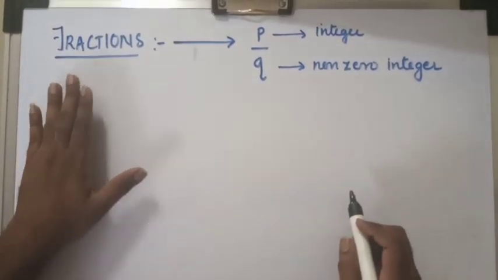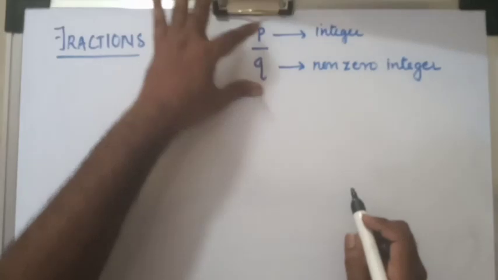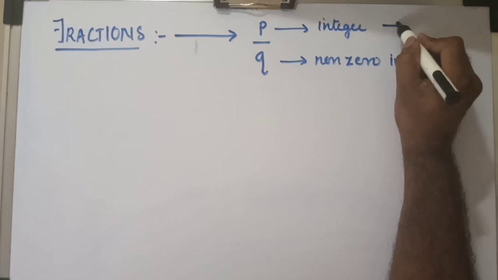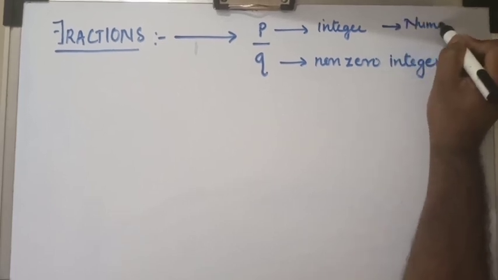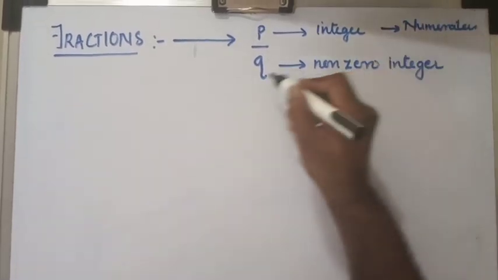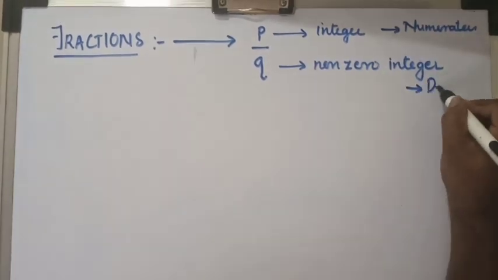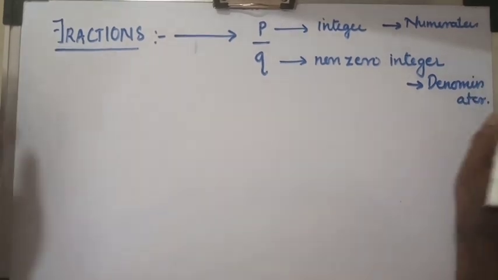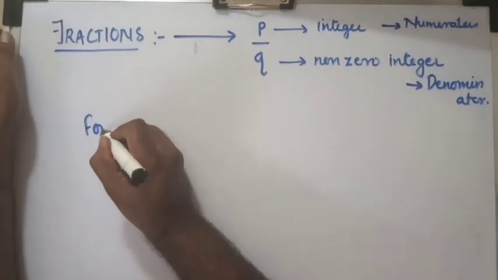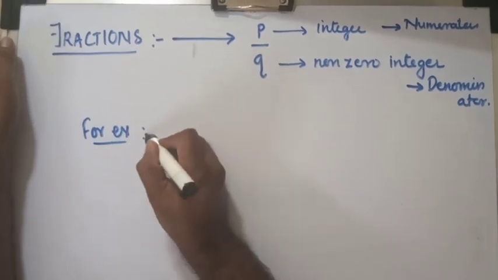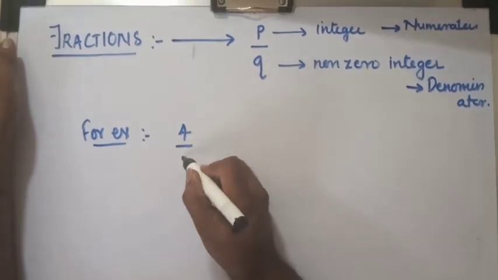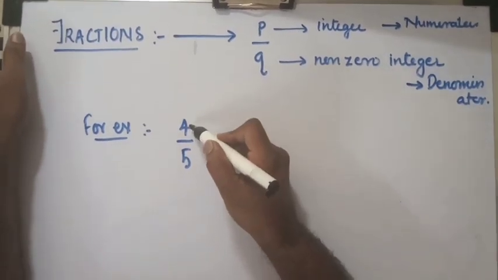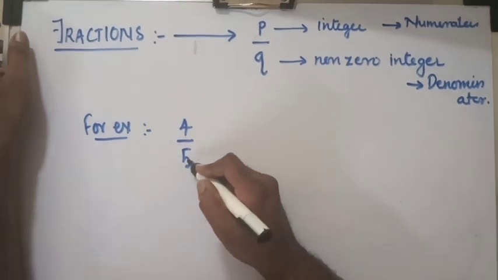So a fraction is any number which is in this form P by Q, where the number P is called the numerator of the fraction and Q is called the denominator of the fraction. Okay children, now I will be looking at a few examples. For example, 4 by 5 is a fraction. Is it a fraction? Yes, because 4 is an integer, 5 is also an integer and 5 is a non-zero